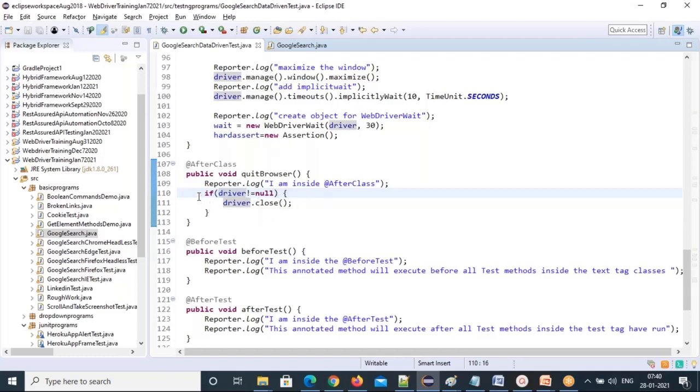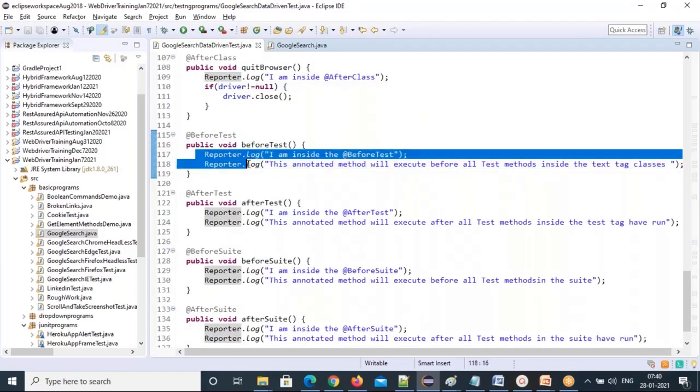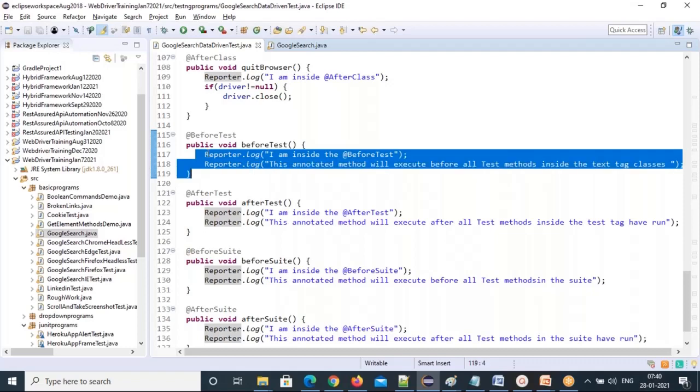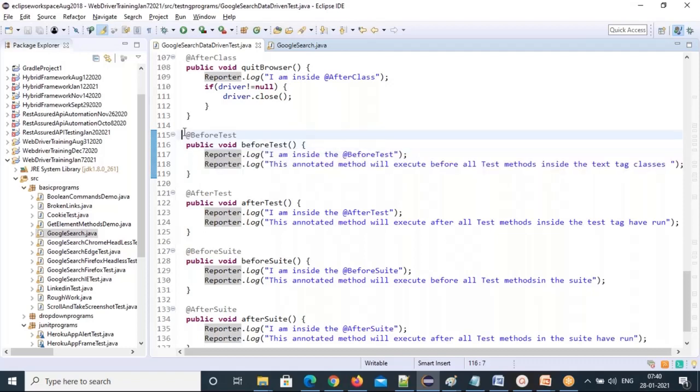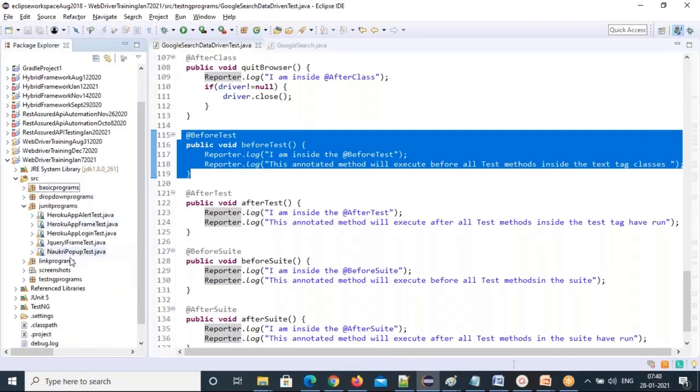If you still want, you can put try catch finally blocks, so your browser will always be closed. Put driver.close inside this. Before test, we are not using any now, but I just wrote the before test to see the order of execution, how it is going to happen. This is what we have done, complete code.